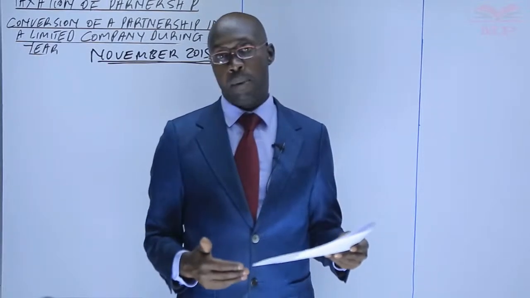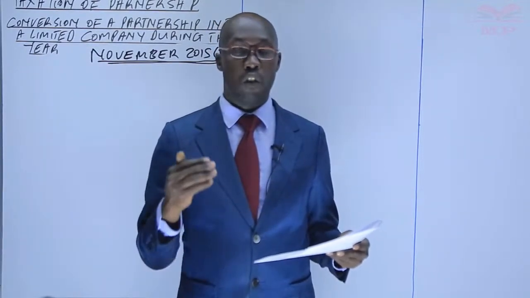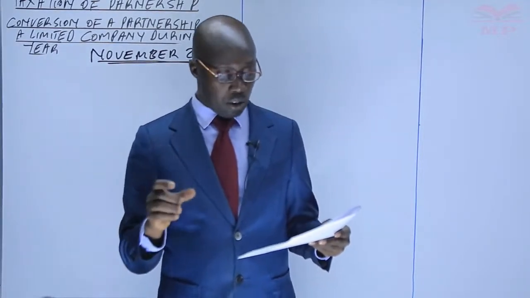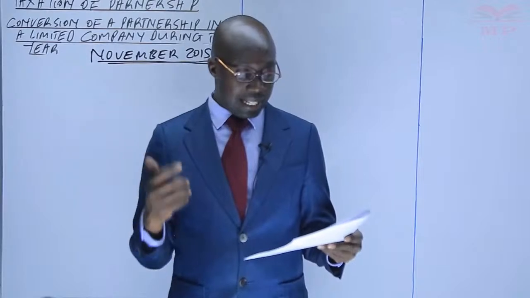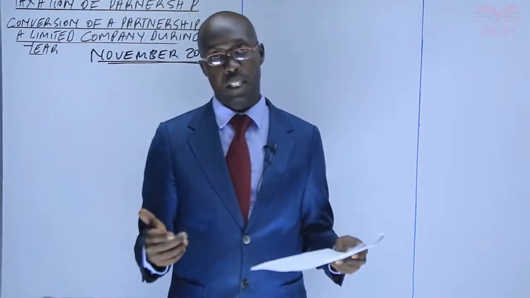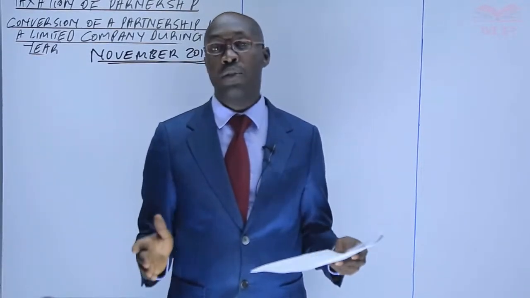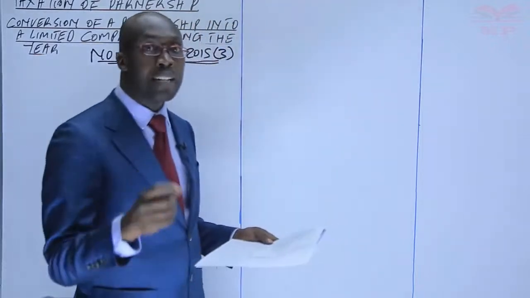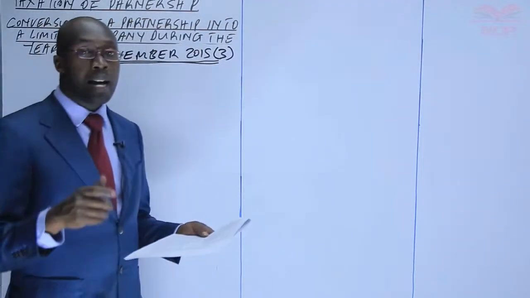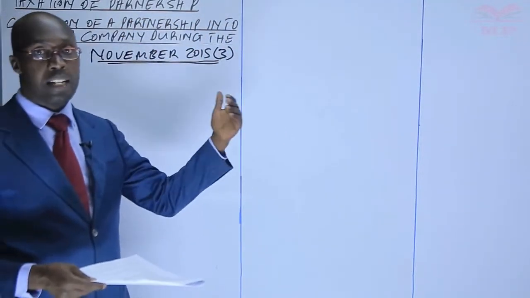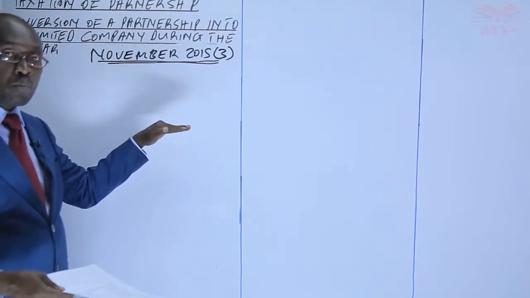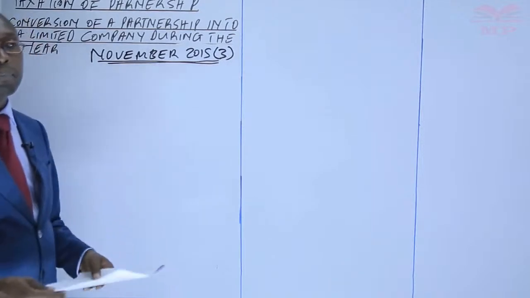So how do we go about getting the taxable income? Remember, we say that conversion, we always use the gross profit method unless it is stated otherwise. Now here it is hinted that we start with the gross profit. Although they have hinted, they don't have to hint. Even if they haven't hinted, we are supposed to use the gross profit method. When they say you start with gross profit, they mean that gross profit becomes one of your first items, and that does not mean that you look for gross profit somewhere and then you transfer here. No. What you do, you have to post the sales, the cost of sales, you get the gross profit, and then you continue from there.